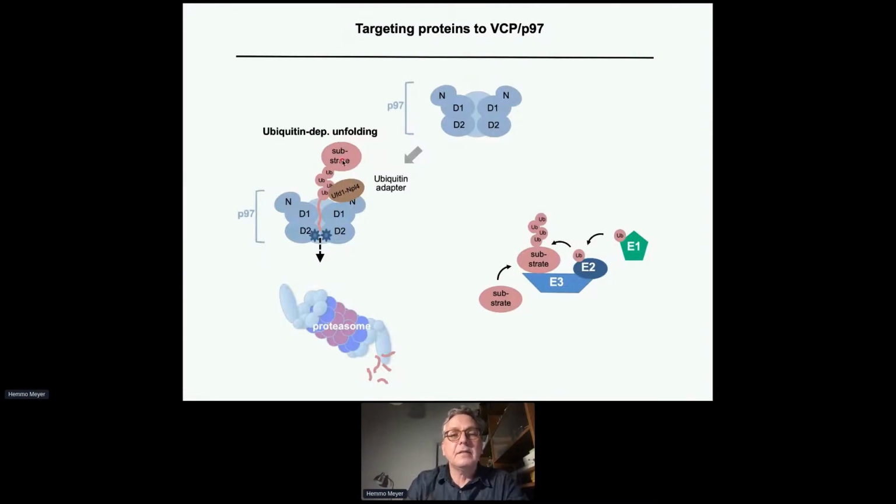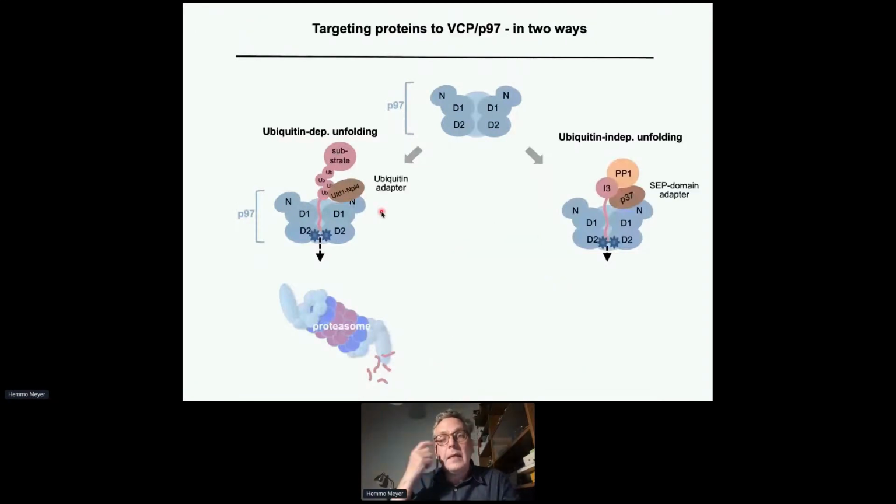The idea is that P97 can extract proteins from cellular structures, chromatin, and membranes, but it also can unfold tightly folded proteins to provide at least an unfolded tag that the proteasome requires. So this is the best known targeting pathway, but actually the first targeting pathway that was suggested is a ubiquitin-independent pathway. And we were only recently able to nail this down and prove it and show this in detail and directly. So what we showed is that P97 can